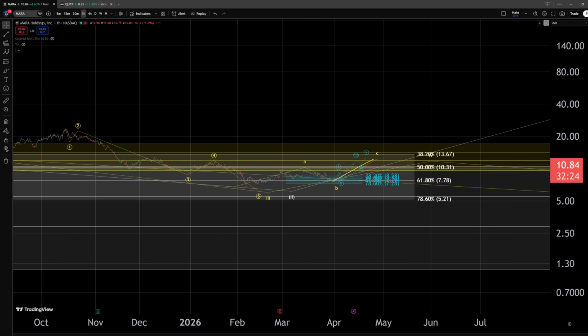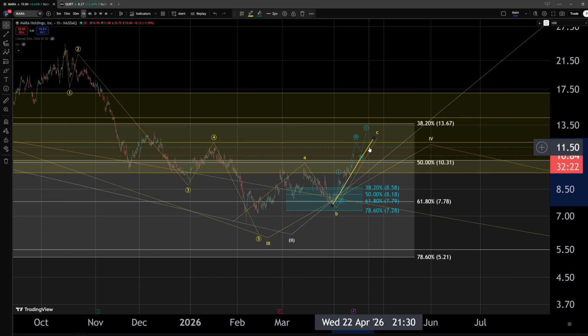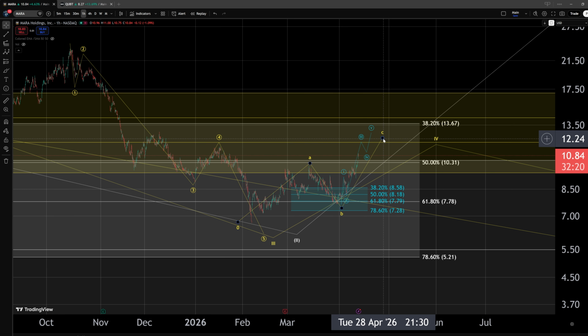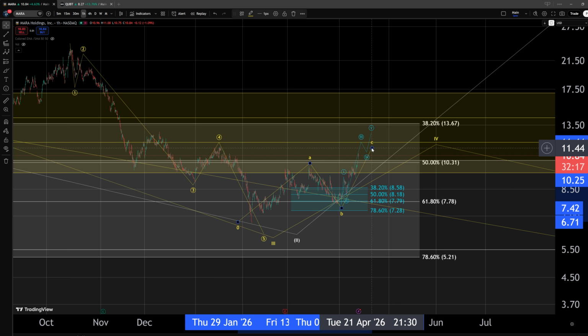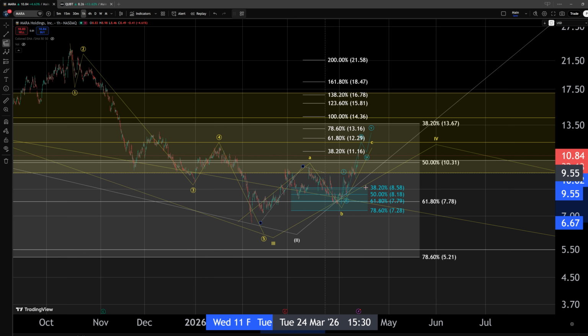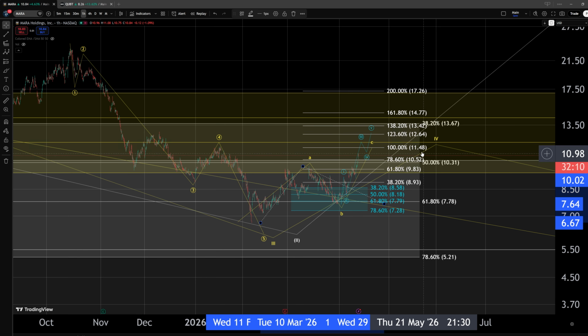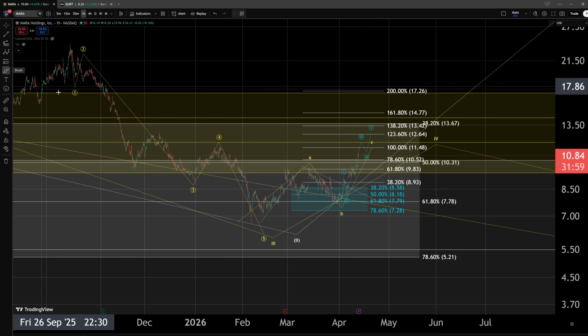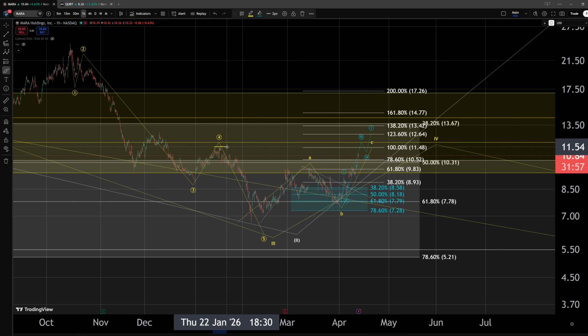So we move here into the smaller time frame where we have a couple of options. We need to remember where the ideal target for the wave C is in the case of this structure, the 100% extension of the wave A. It doesn't need to get there, but it is good to remind ourselves where it would be ideal to form a top within this wave C, and that is at $11.5, perfectly in line with structural resistance within this wave 4. The way I see it, it is a high threat area,